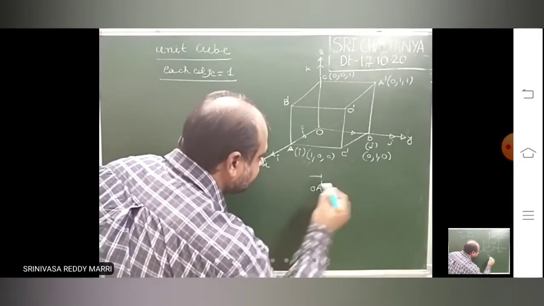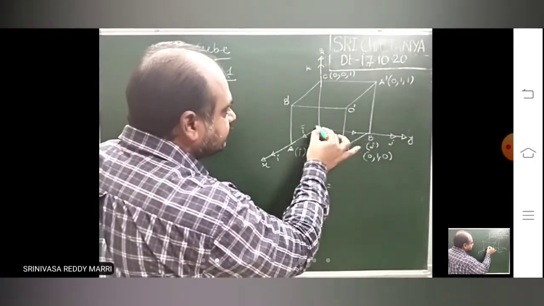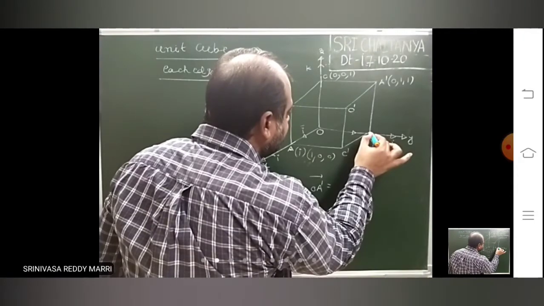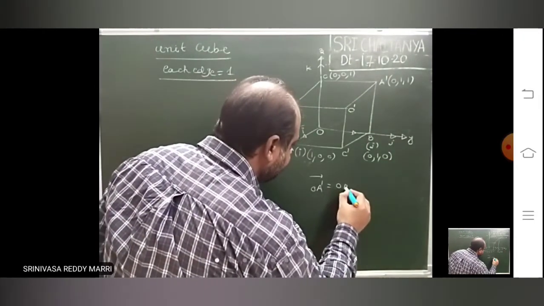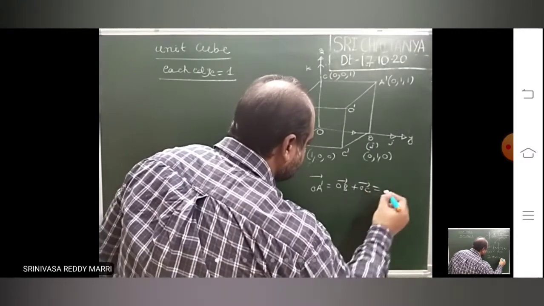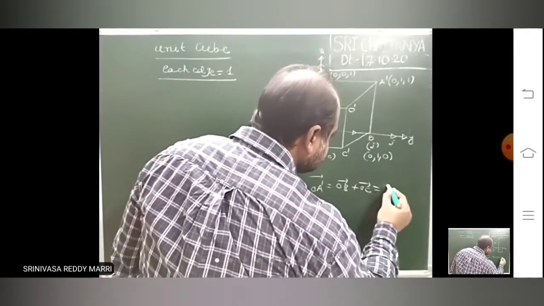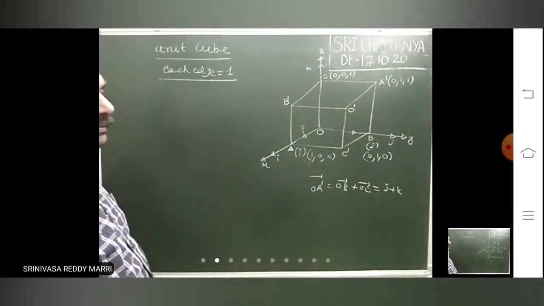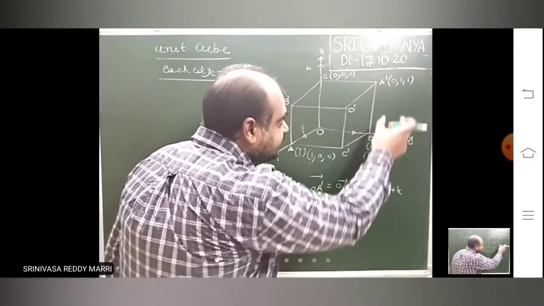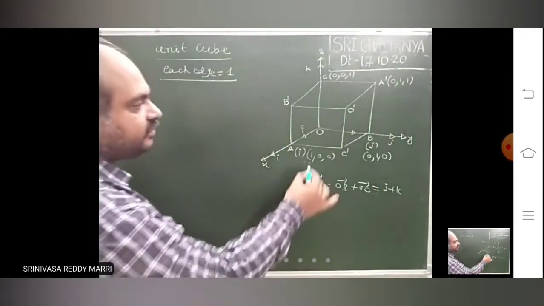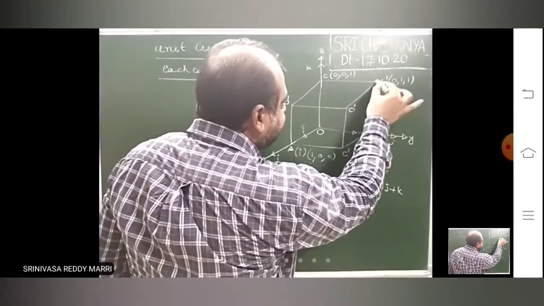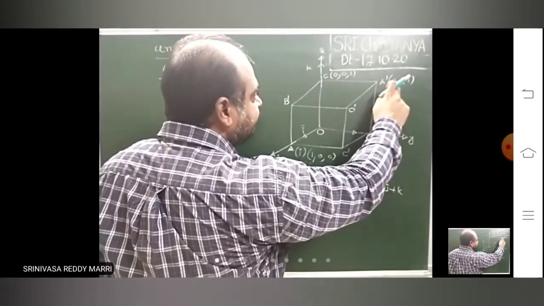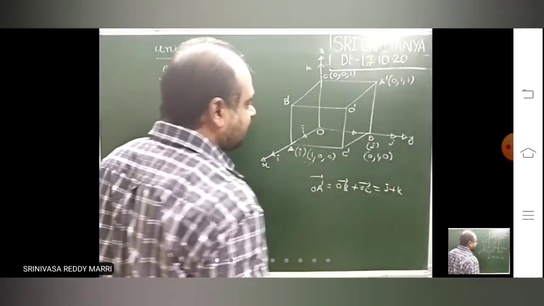Let us find the vector. OA' is nothing but, this is a square, right? This resultant is nothing but OB bar plus OC bar. OB bar is nothing but J plus K. So this position vector is J plus K, which means that point will be 0, 1, 1. Or you remember like this: this point lies in the YZ plane. In the YZ plane means X coordinate will be 0, Y coordinate 1, Z coordinate 1.